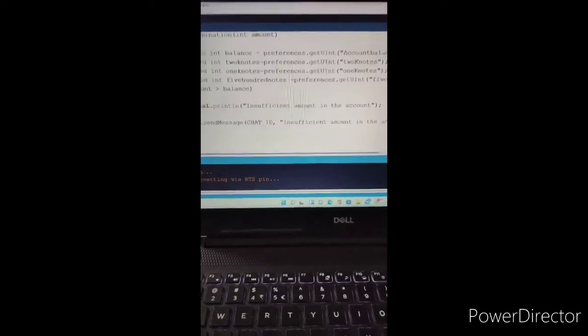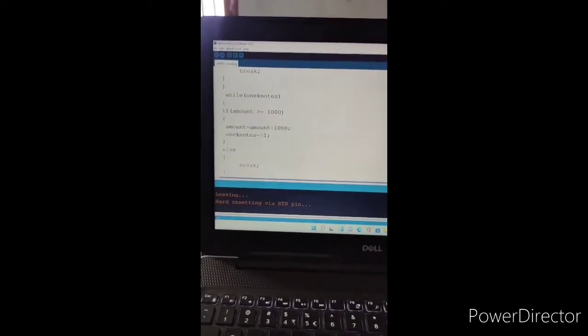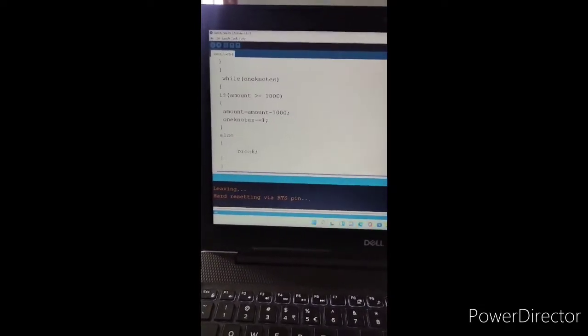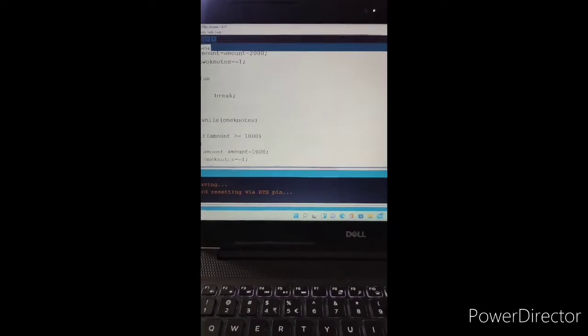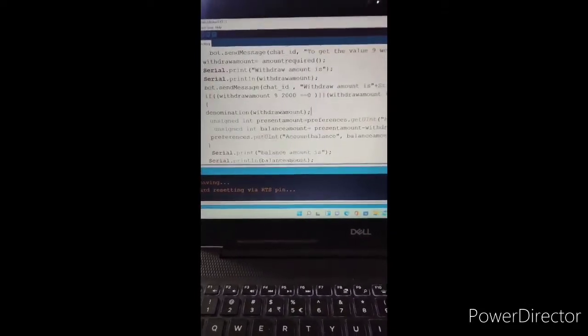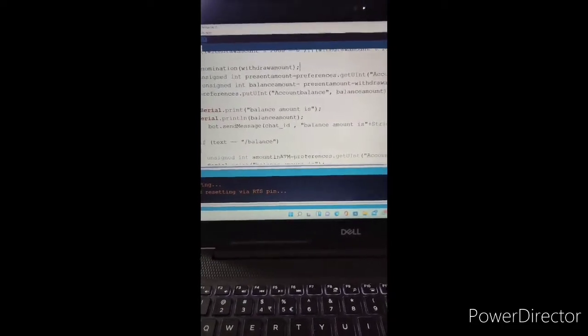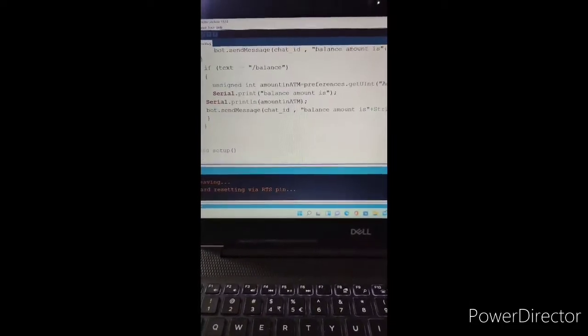If the amount is greater than the balance, it will show insufficient balance. If less, it will take the money, and the denomination 2000 notes are also decreased. At the last, the balance amount is shown. Text dot balance will show the balance amount.